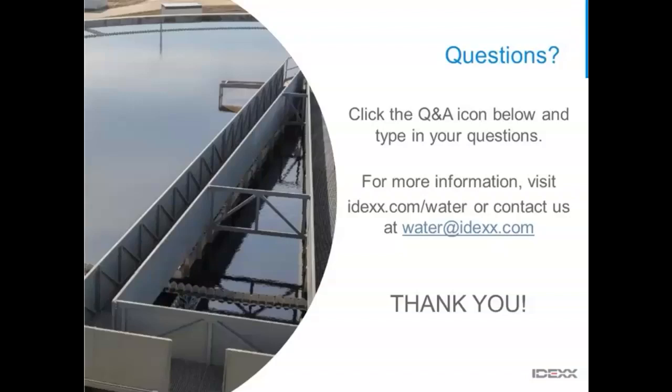Is it correct that Colilert provides both total coliform and E. coli without any difference in cost? Correct, because it's all contained in one test. The only difference is that when you're running it, you just look for yellow. That'll give you the total coliforms, and then look under UV light. So the only additional cost is that you would need a UV light in order to see the fluorescence. So it's the same test, it's all in one, so you're just buying one test and you get two results out of one test.